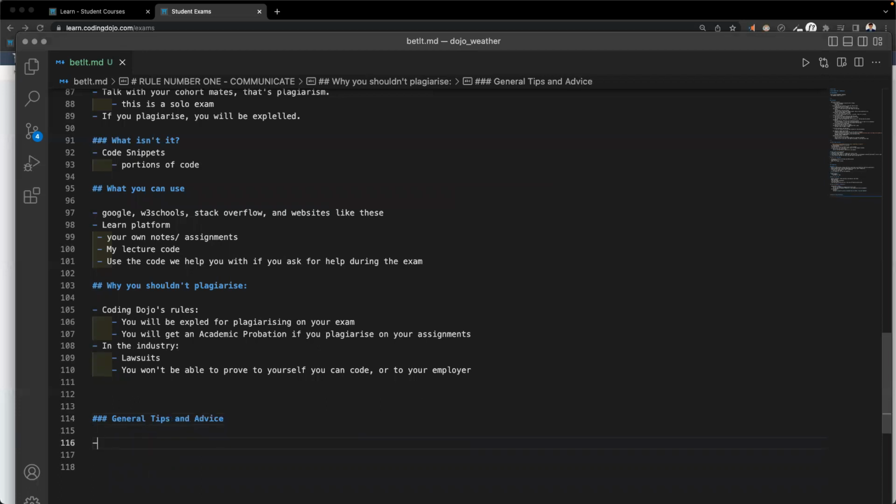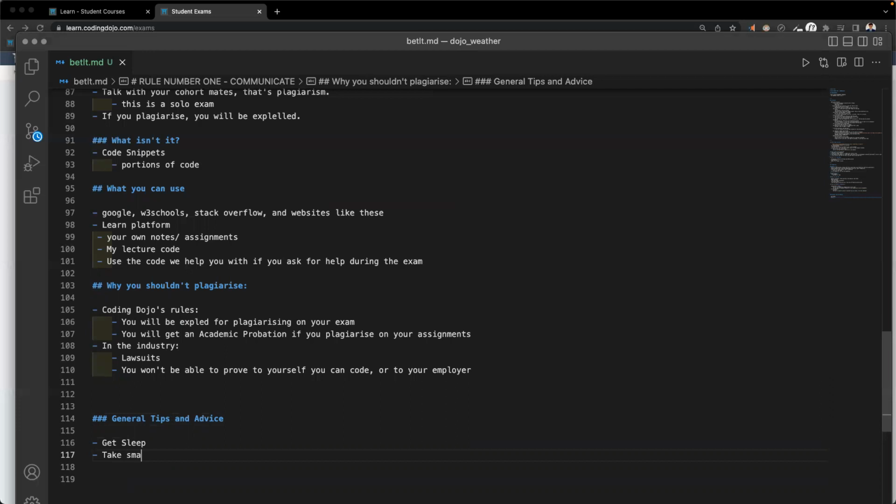Number one is get some sleep. A lot of us want to prep as much as we can, but if you don't get sleep, you won't be able to think straight. Don't load up on so much coffee that you get nervous as well, and then you just start to freak out.